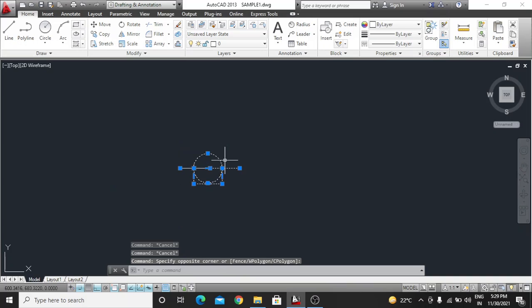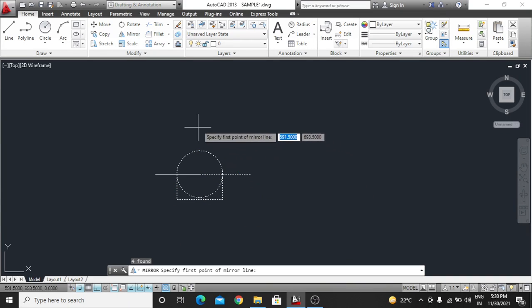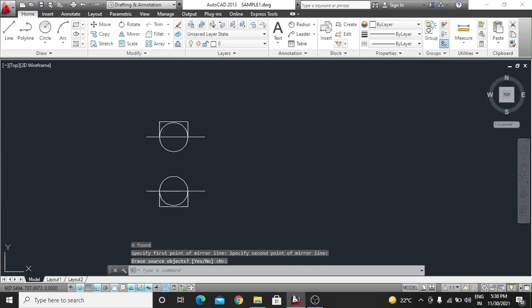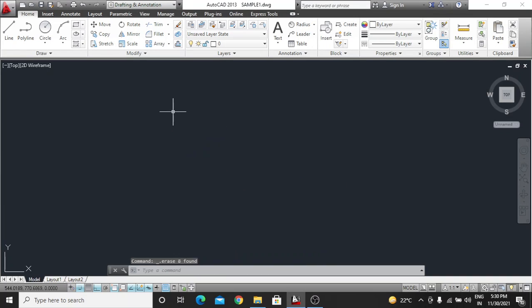Again you can see, select the object, MI for mirror, select the base point and just enter it, and you can see this is the mirror. Okay guys, so this is also a very useful tool.